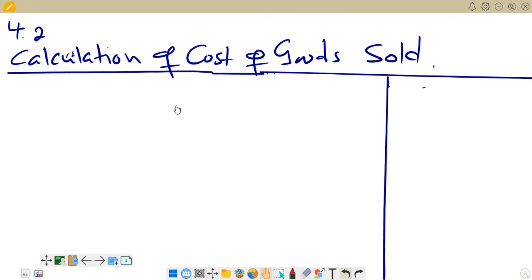And remember, we are just going to do what we do in the trading account, whereby we start with opening inventory or opening stock of finished goods. So here we are now interested in the stock of finished goods only. And then we add the cost of production of finished goods. Remember, if it's a manufacturing business, we don't have purchases. We have the purchase figures replaced by the cost of production of finished goods. So this is the one that we add to the opening stock. So here we start with